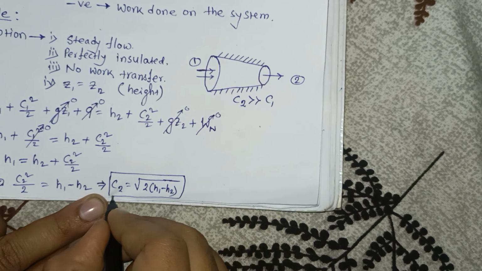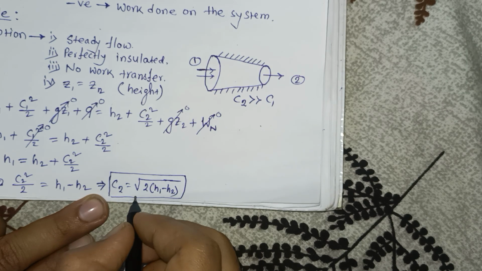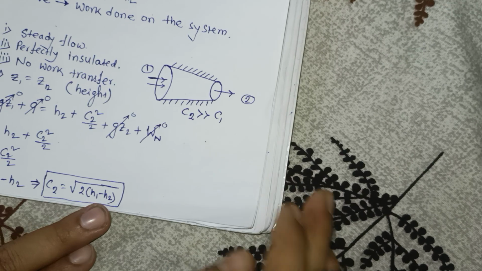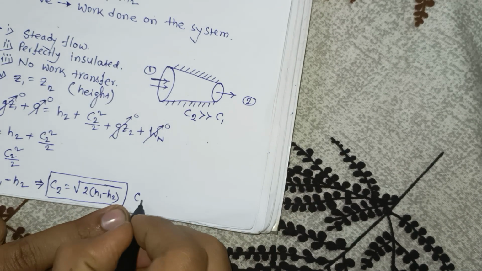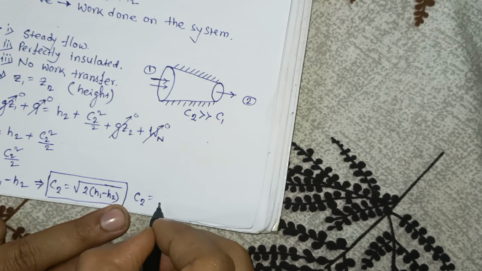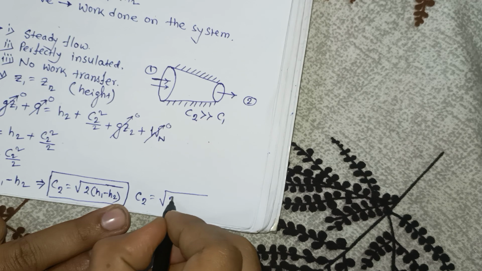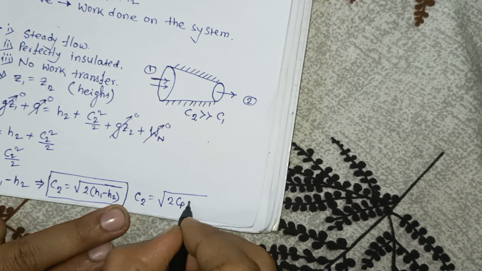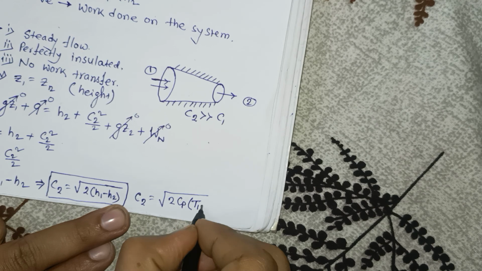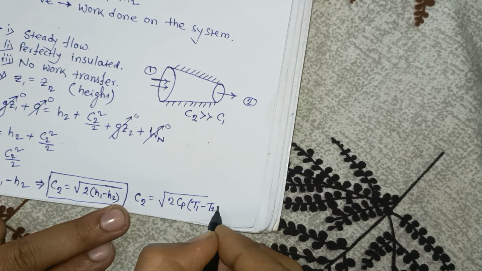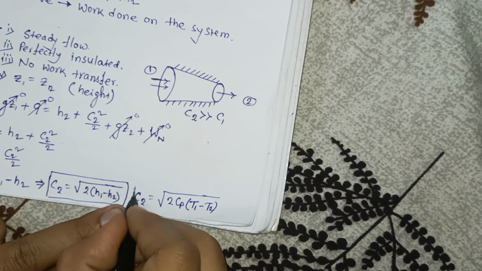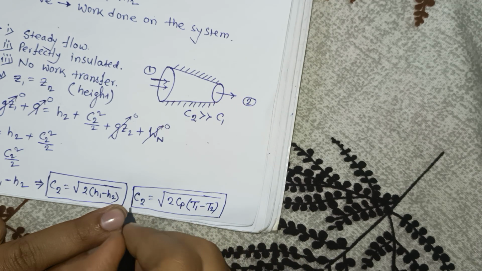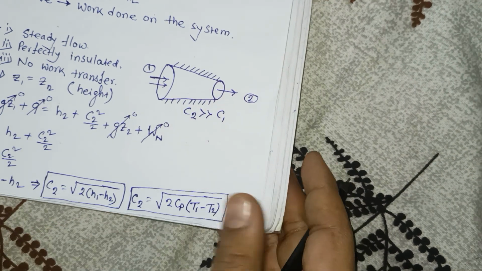Remember this equation: C2 equals the square root of 2 into H1 minus H2. If it is an ideal gas, then we know that H equals Cp into T, so C2 equals the square root of 2 Cp into T1 minus T2. So this is the value of C2. In this way you can calculate the exit velocity of the nozzle. Okay,